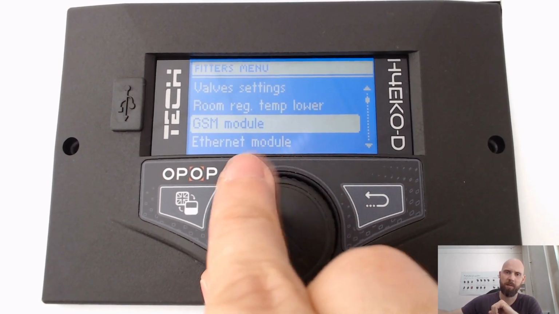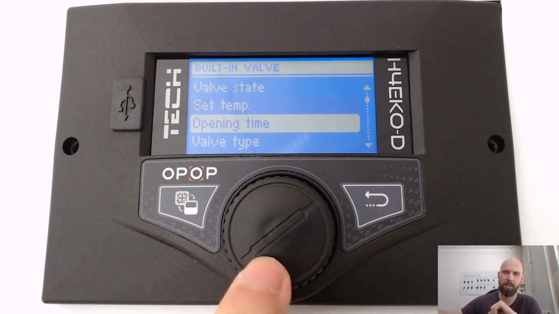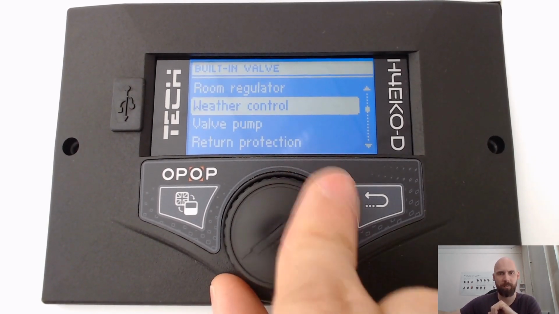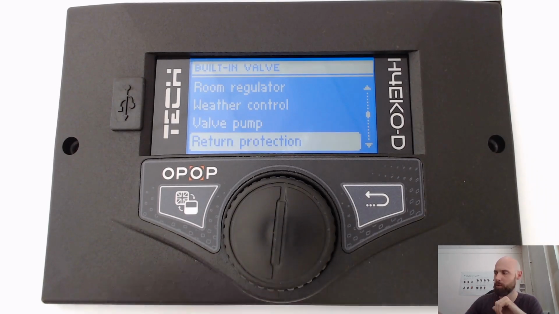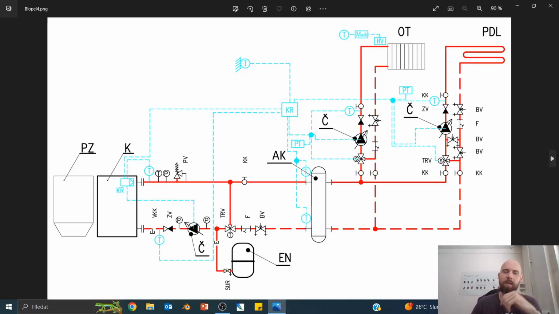Speaking of mixing valve, there are actually two protective functions, let's say. There is a return protection, which is not used when the valve is used for secondary circuit. But let me do this scheme again. If you use the mixing valve instead of thermostatic valve on the left side on the primary circuit,